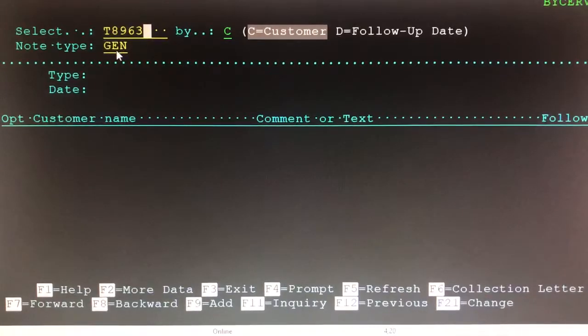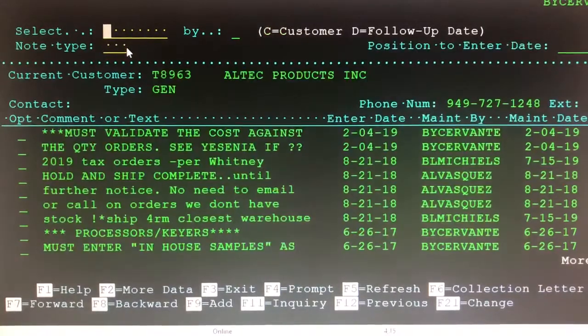Then you have the note type. GEN stands for General Notebook. So there's two different versions of the notebooks for a customer. There's the General Notebook, and then there's the pop-up window notes. Okay? We're first going to review the general notes and explain what those are. Once you enter the account number, you're going to hit enter, and the notebook will then be displayed on your